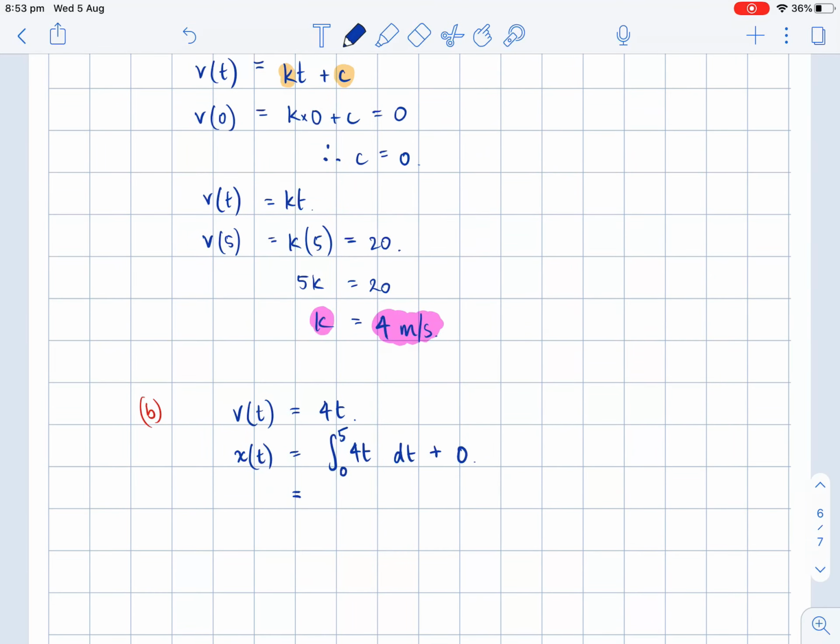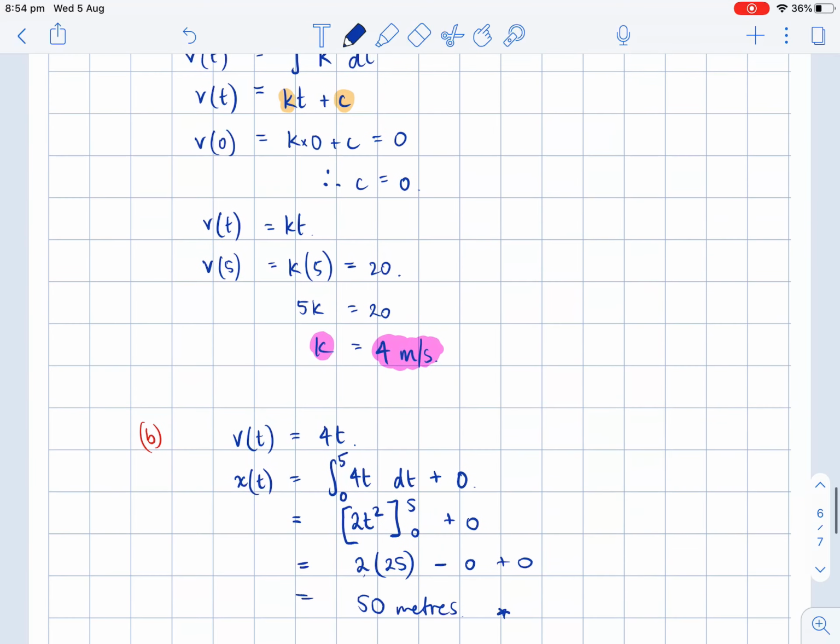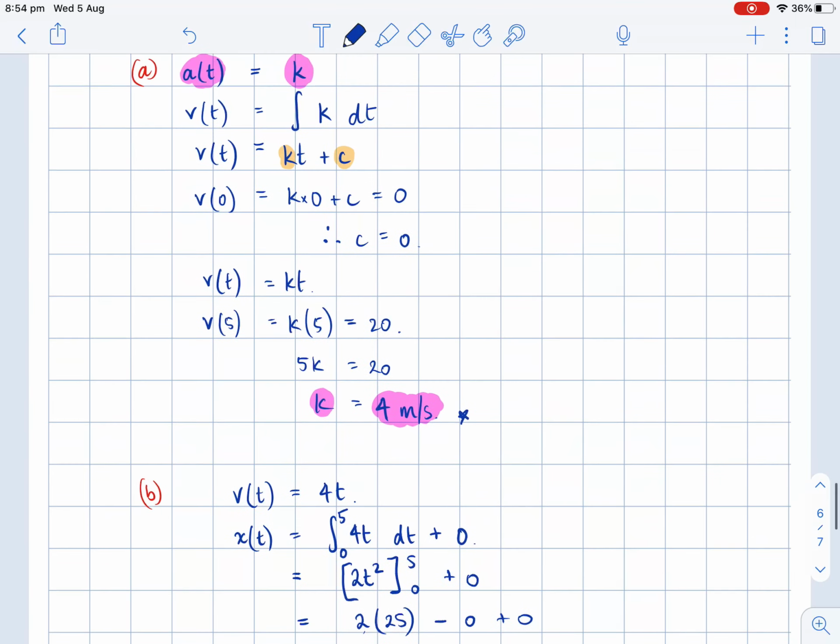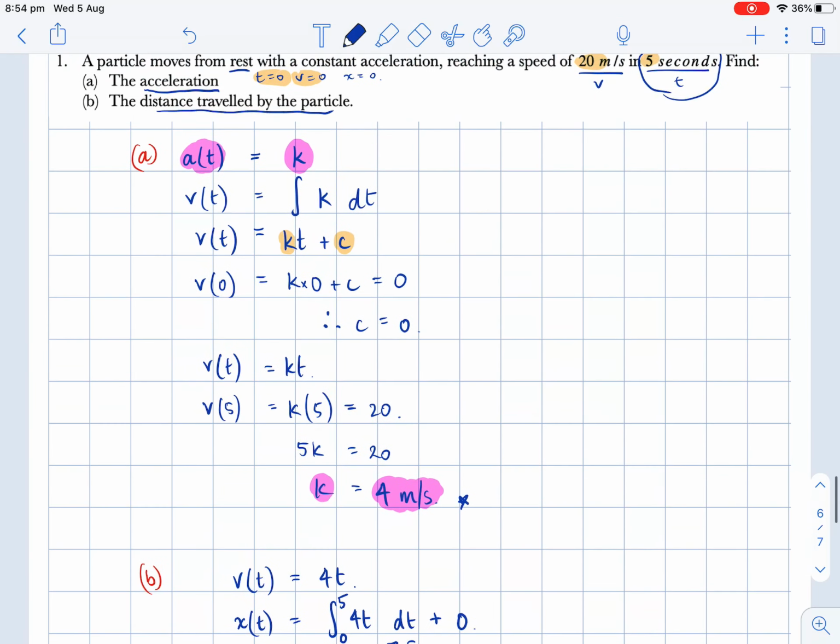Okay, so that gives me an integral equal to 2t squared from 0 to 5 plus 0, which gives me 2 times 25 minus 0 plus 0, which equals 50 meters. So I could use integration here to get my answer of 50 meters, or just for the record, I could have used common sense. If I'm travelling at 4 meters per second, that's the acceleration, and my velocity is,